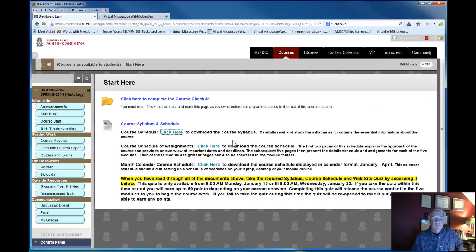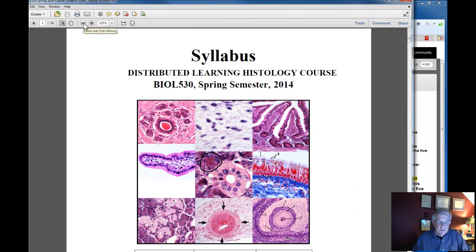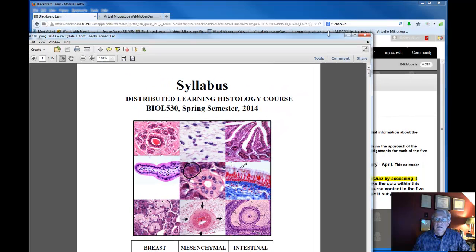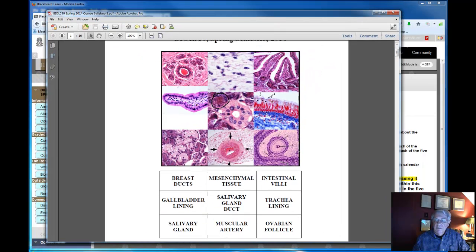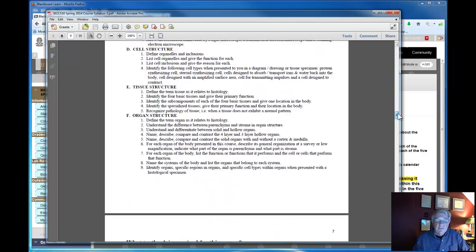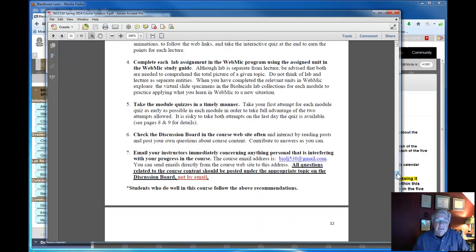But in the syllabus, I just wanted to point out, and this is the PDF of the syllabus. I'm going to decrease the magnification here and kind of resize this a bit, and just go through the entire syllabus, but I would want to emphasize at the end